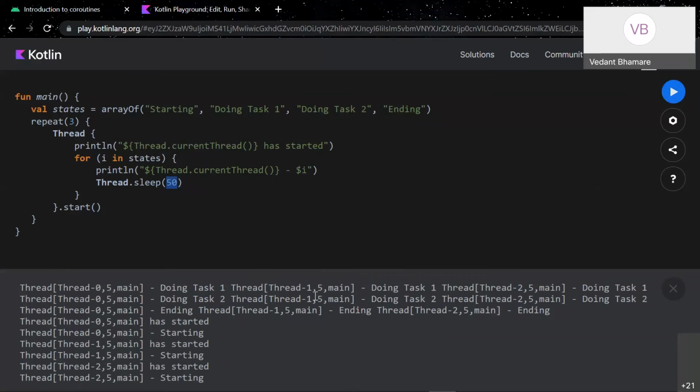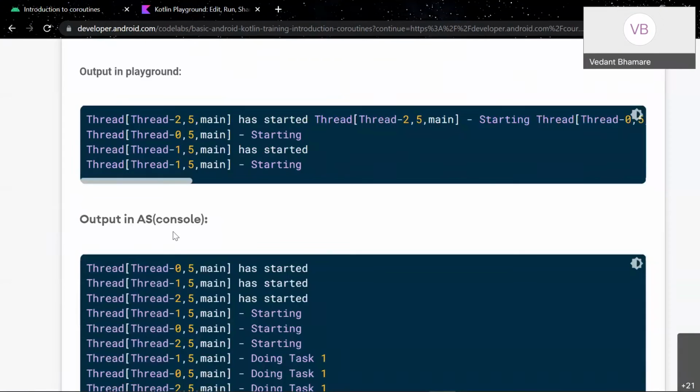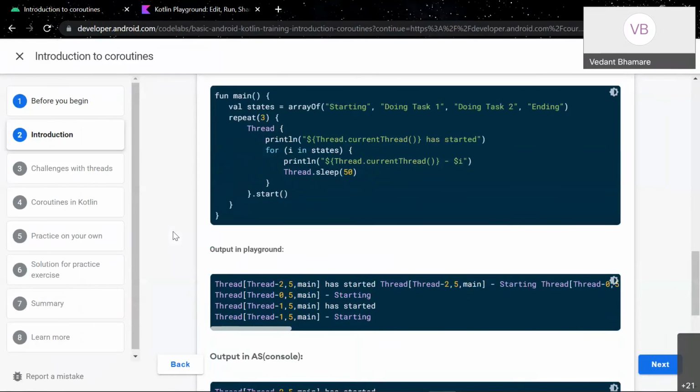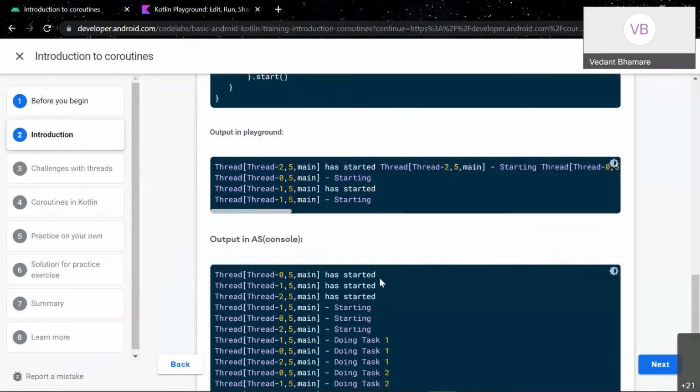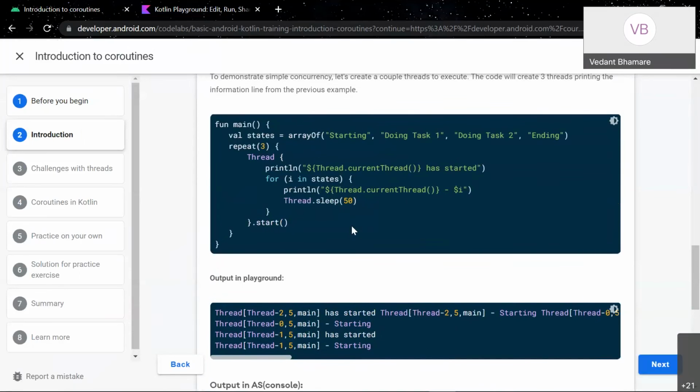So that's the point. Whenever you are doing work in threads, we never know what is going to be executed first. As we saw here, the order is random. Every time you run it, it would be different. That is actually a problem with threads. You are not sure which function would get executed first if you are running multiple functions under one thread.